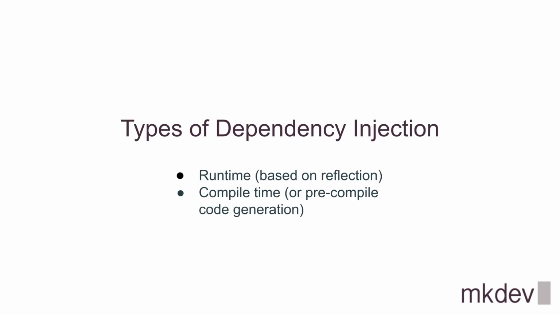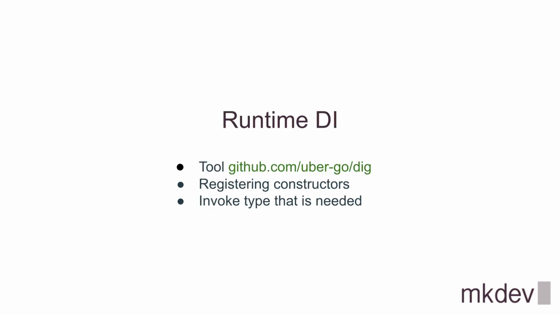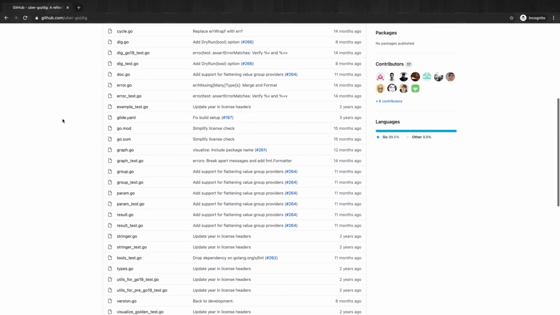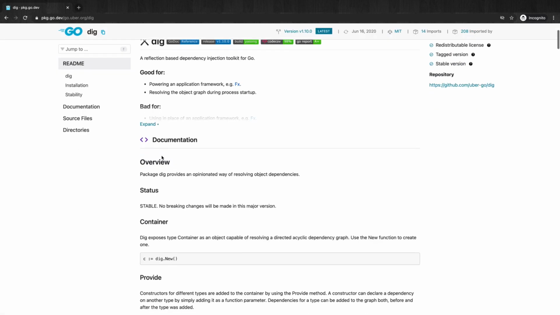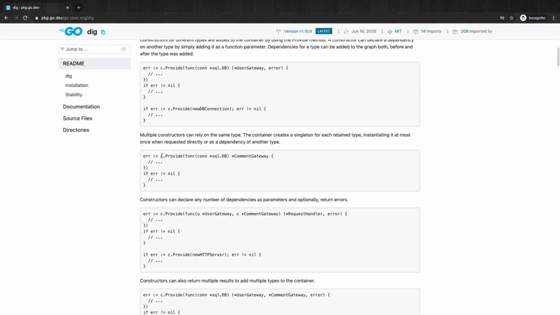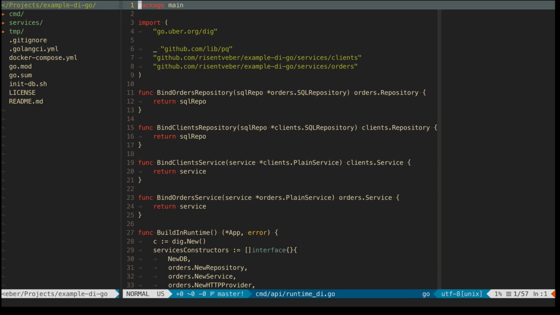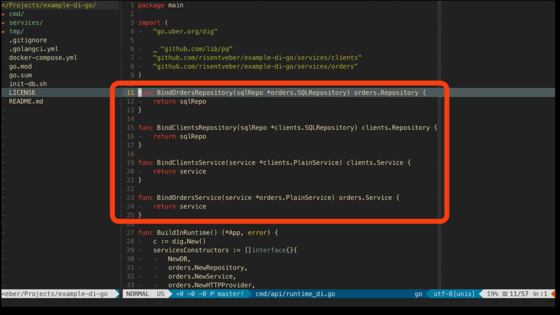So we want to go a little further and provide you with two ways of automation for this code, based on Golang runtime reflection and on precompile time code generation. In the first case, we use the open source uber dig library that uses runtime reflection. All one needs to do is to register constructors via the library's provide function for each type and specify interface bindings, because implementation and interface, strictly speaking, are two different types in Go.